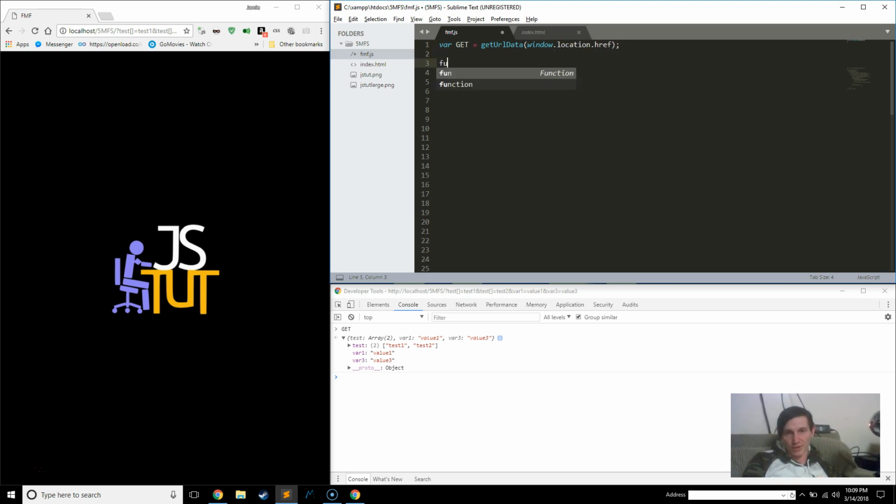And now we have to create that function. So function getURLData takes a URL. Okay, first thing we're going to do is create the blank object that's going to be returned. So we're going to call it urlData, and it's going to be equal to a blank object. Next we're going to check if